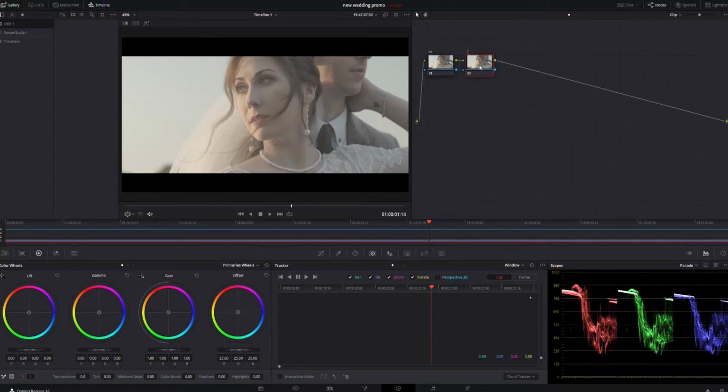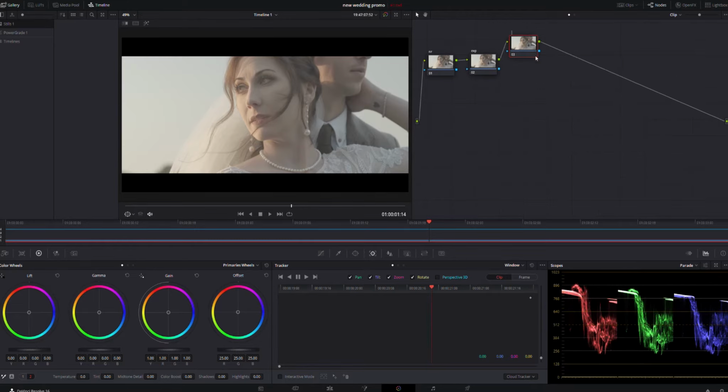We're going to add another one. This node is going to be our exposure. And what we'll do in here is adjust just our main exposures. We're going to do some stuff in our primaries wheels, the shadows, highlights, midtones. We'll do some contrast in here and a little bit of saturation. And so let's go ahead and just build the tree, and then we'll come back and do all this fun stuff. So the next node